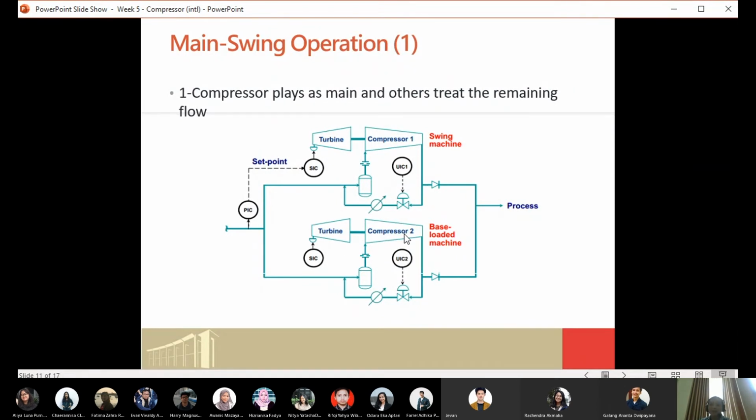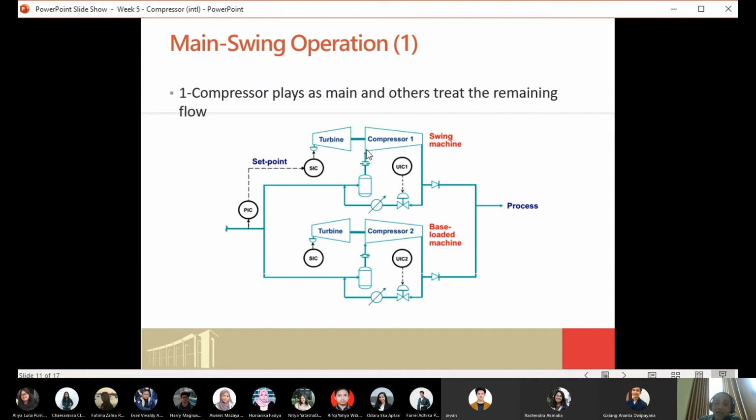So compressor 2 in this figure will receive gas at the maximum condition, maximum capacity, so it will be at maximum speed. And then the remaining flow rate will go to compressor number 1.